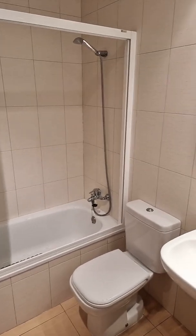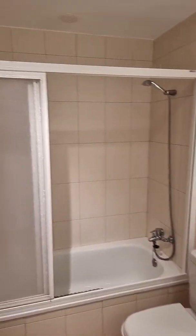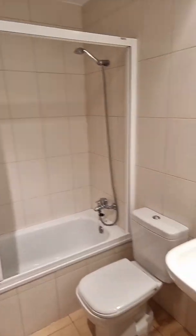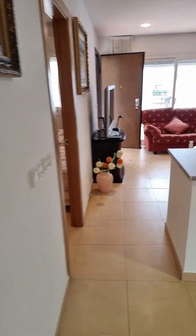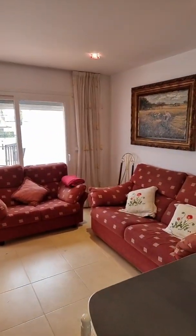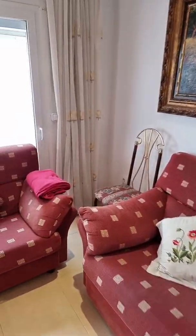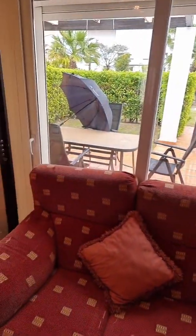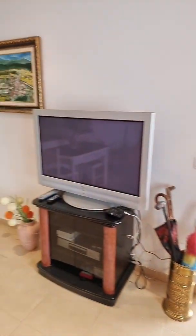And we now come to the bathroom, which is as well, as you can see, perfectly fitted with a glass shower screen, bathtub, and all other necessary items. And going back into the living room now, as you can see, all what we see comes included, except personal items, artwork and similar, but otherwise all decoration items is included in the asking price,